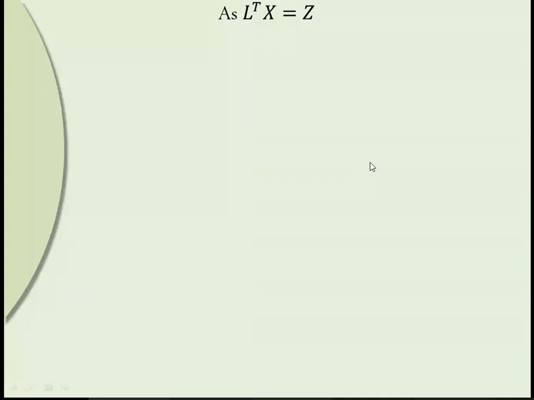Z already we got it from the previous equation, L into Z equal to B. Now we just have to make use of that Z. L also we know that we got by taking L into L transpose equal to A by using that matrix. Only thing we have to do is the substitution in this equation, and using that equation we can get X terms.